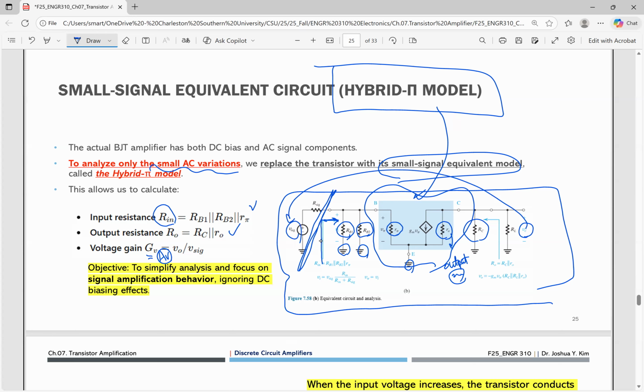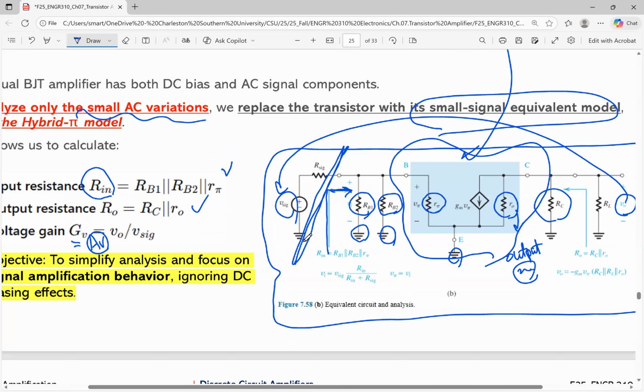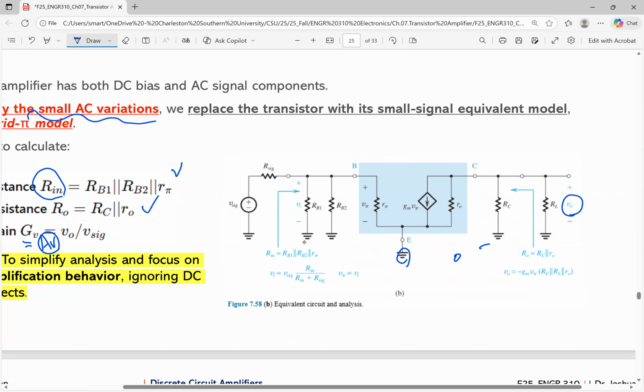Okay. So again, we use the small signal equivalent circuit with a hybrid pi model to simplify analysis and focus on signal amplification behavior, ignoring the DC biasing effect. So that is what you want to do. Closer to the circuit, I'm going to remove it here. Okay, so right there you want to see that. Here we go. You're going to see that V sub I